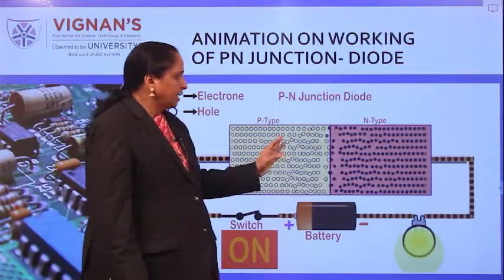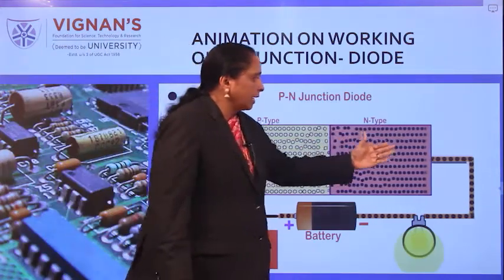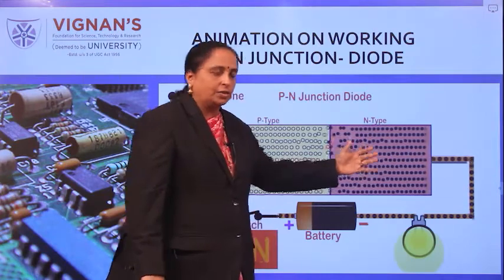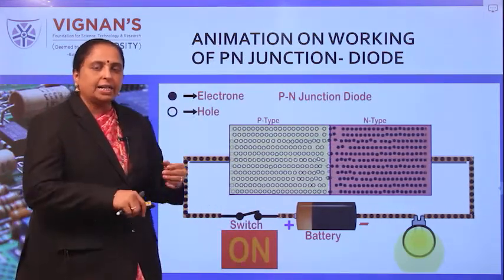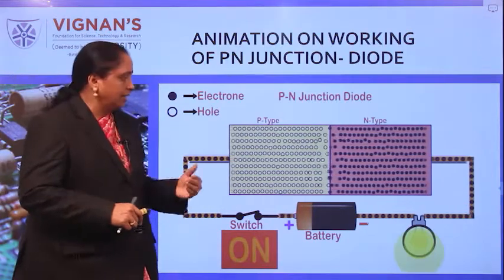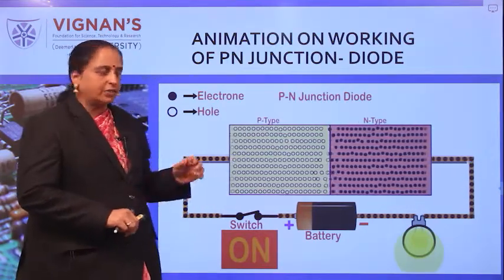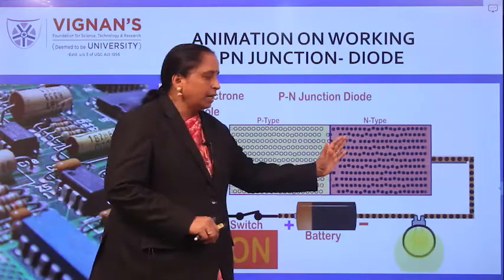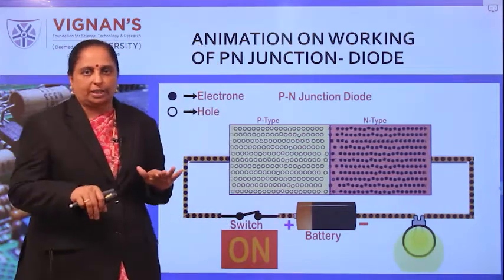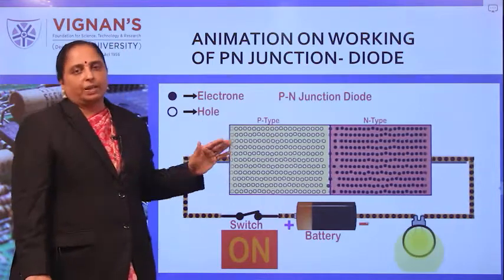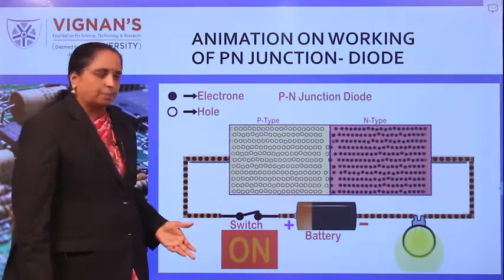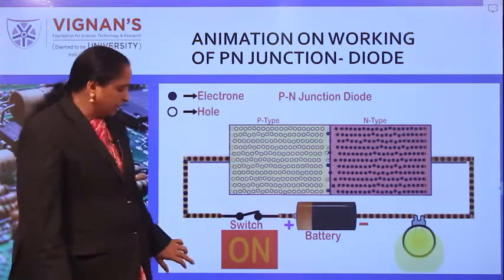The moment the holes combine with the oppositely charged electrons, an equal number of holes will be generated here. Like that, generation and recombination take place within the same structure. That's why even if the holes are recombined with the electrons, the number is not neutralized. It always maintains an equilibrium condition. Like that you can explain the operation of a PN junction diode.